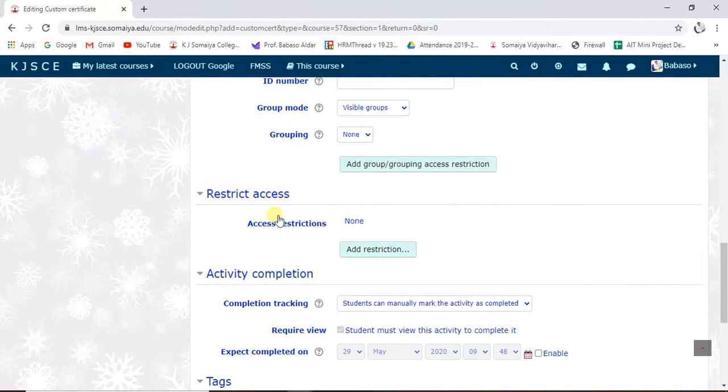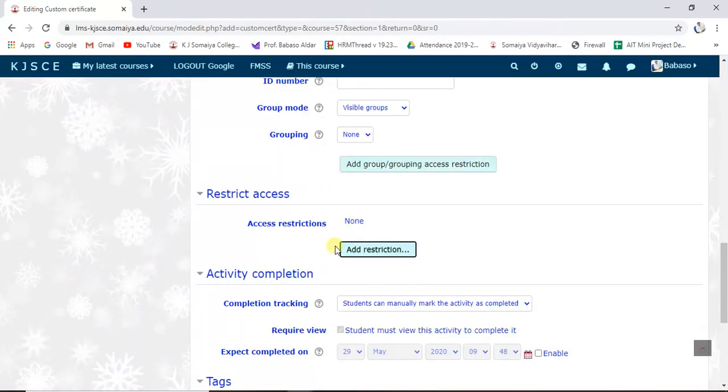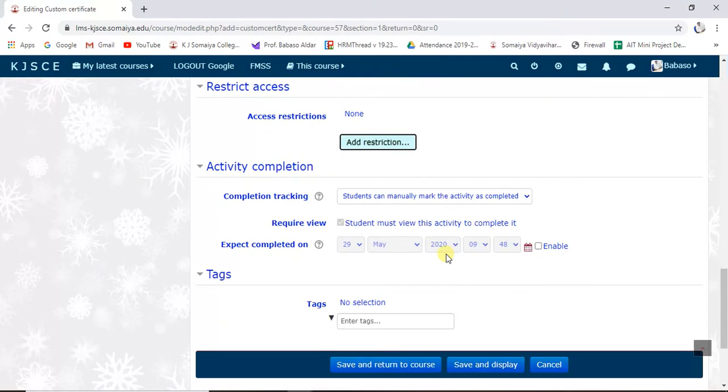Keep as it is. If you want to restrict, for example, so that the certificate is generated after giving the feedback, here we have to restrict. We don't have any activity in this course, that's why we are not restricting. But suppose there is a feedback facility, and that particular participant gives the feedback and then the certificate gets generated, then I have to restrict according to that. So for that we have this.